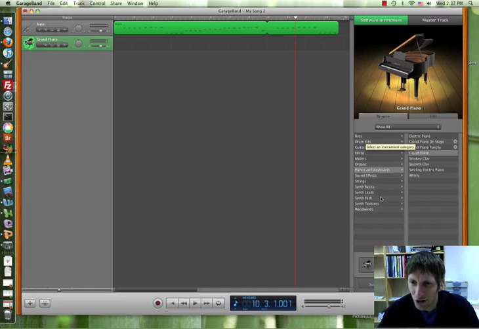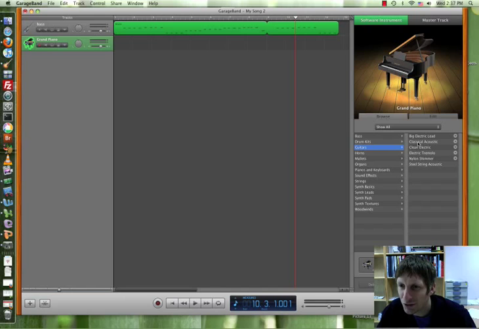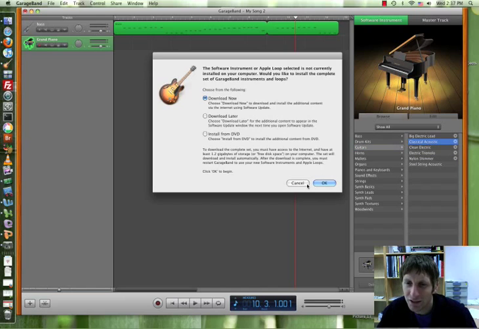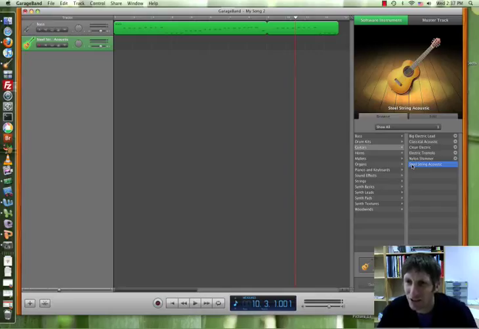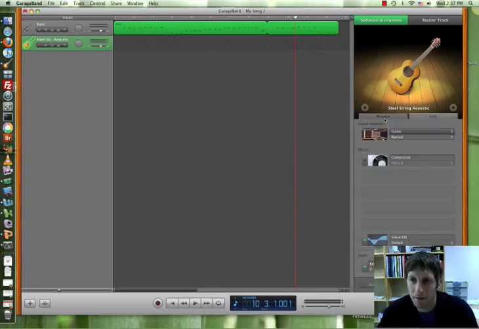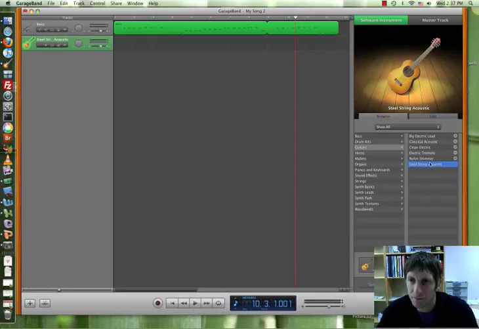So we got our bass guitar, now let's get our guitar. I'm going to use our classic acoustic guitar. Ooh, cannot use that one. I'd have to download it for later. What about that one? No? Steel? Yes, I can do a steel string. So I'm going to do this one. Okay, so I'm going to record my